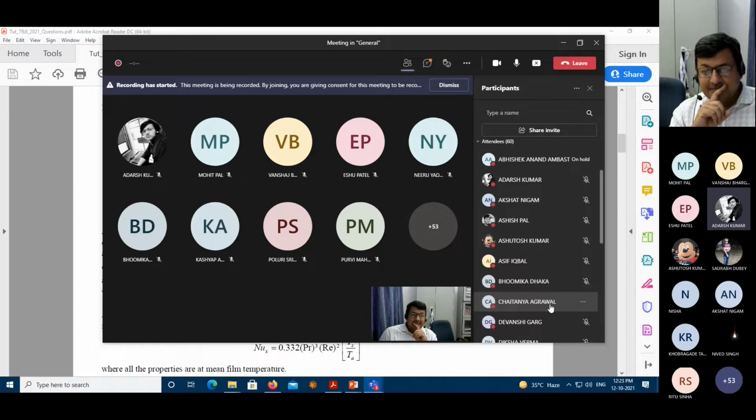Is that clear? Density, viscosity, okay? See, at the bottom of the film, you have 98. At the top of the film, you have 100. So you are deciding all the physical properties as average physical properties at 99. So then it makes your calculation a little bit more accurate. Of course, if you have the full profile, if you change the density likewise, that will be the most accurate. But if you use the average, then I think you will be in a much better position. Question will be whether you use physical properties at 100 or 98.